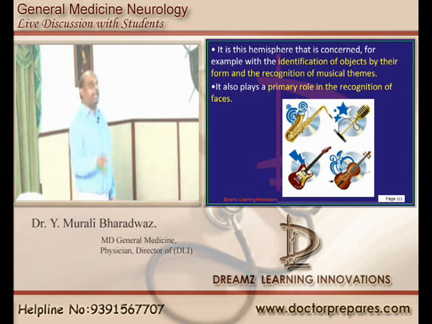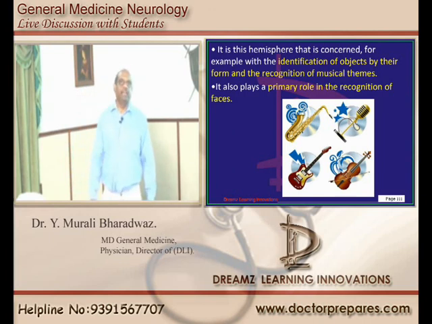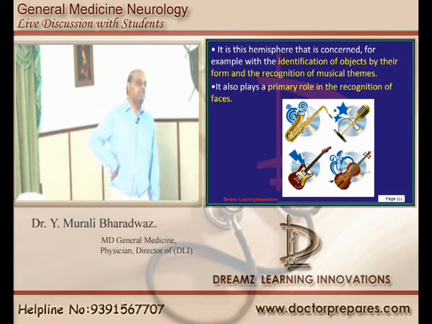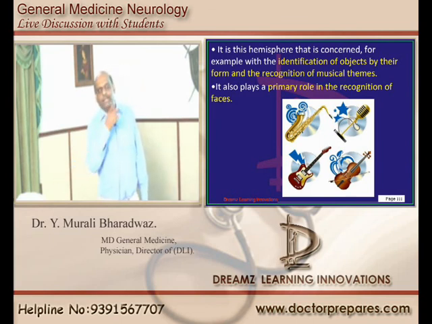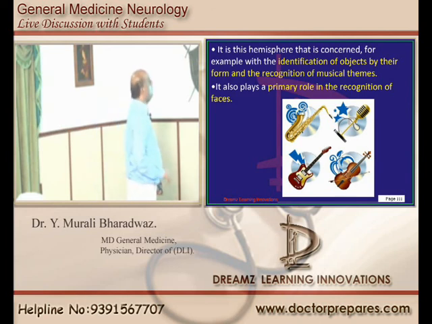And also in recognizing the faces, I still fail to recognize when I watch the Hollywood movies, is this fellow the hero or the villain, because both look similar to me, because both are Americans only, and that's the reason I keep asking the other people, बताओ next story में did this fellow abduct or that fellow abduct? Especially in the 007 movies में, there is always a confusion between different faces. So recognition of faces is a non-dominant function.